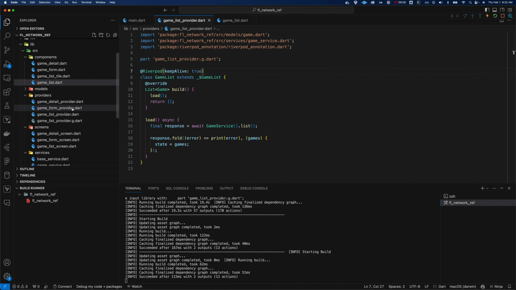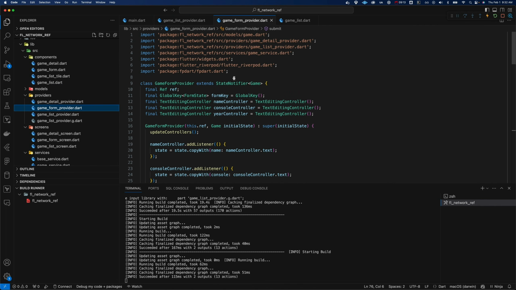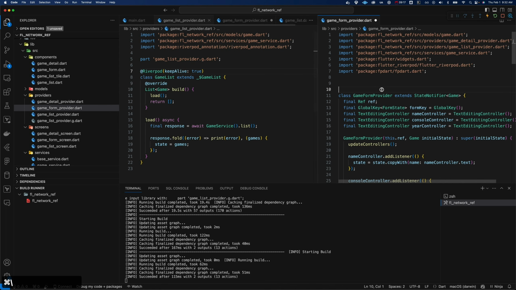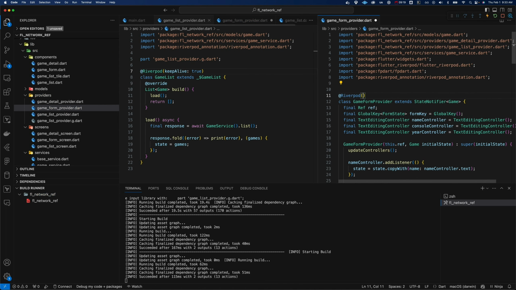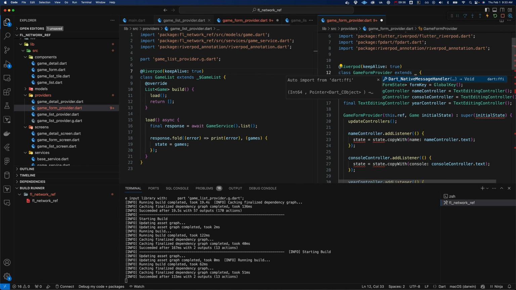So if you've watched the other video, there's also a form that we can modify. So I'm going to skip right to the next one here. So we'll actually just open this for a reference. It's pretty similar. So we'll just do Riverpod, and we'll do keep alive for this too, because this is just a singleton, and the way I've architected this, we don't actually have multiple instances of it or a family. So what we'll do here now is we're going to remove the state notifier, and we're going to go right to calling this game